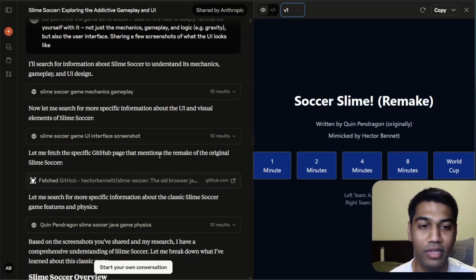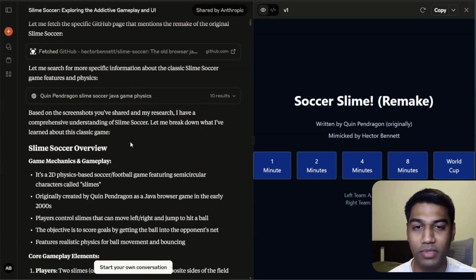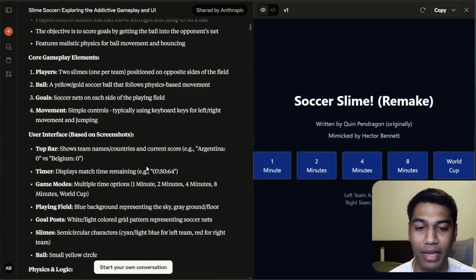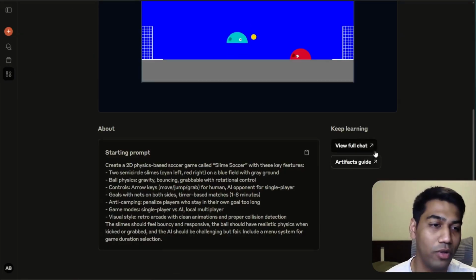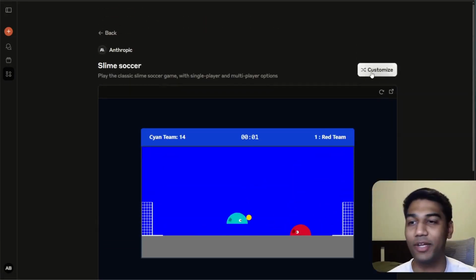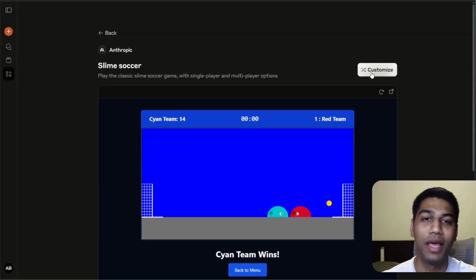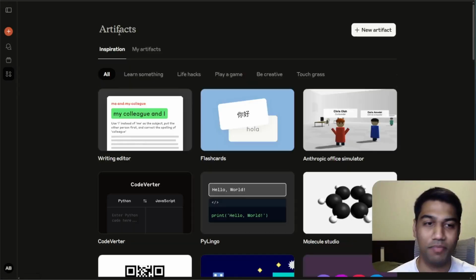Now here you can see they have done a lot more. They've added some stuff from GitHub, they've probably pushed it and come back here. So this is an interesting way to see how someone else is vibe coding and actually learn from it. So I think this is a great starting point for learning. This also helps you click on this button and create your own version of this slime soccer game. But I don't want to do that. I want to probably choose something else. But let's go ahead and have a deep dive into creating our new artifact and something cool.